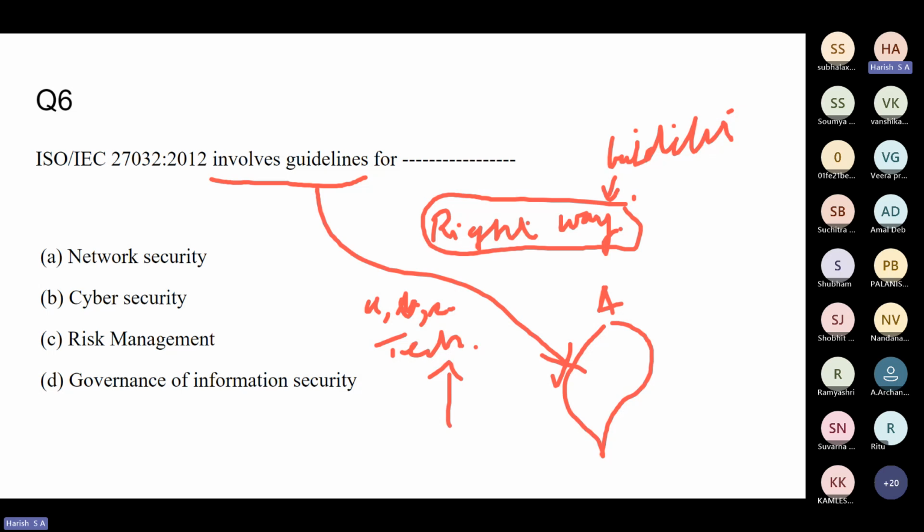So for that, you build guidelines or frameworks, and then you force organizations to follow these guidelines, and say that if you follow these guidelines, your attack surface is minimized. What I mean by attack surface is you're open to a smaller number of attacks if you follow these guidelines. Right? I'll just give you a very crude and rudimentary example. I do not know if you have heard of buffer overflow attacks.